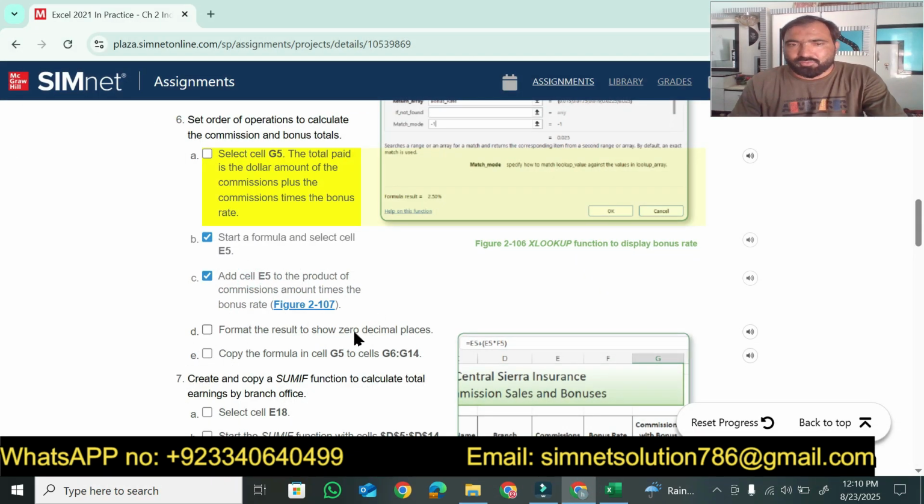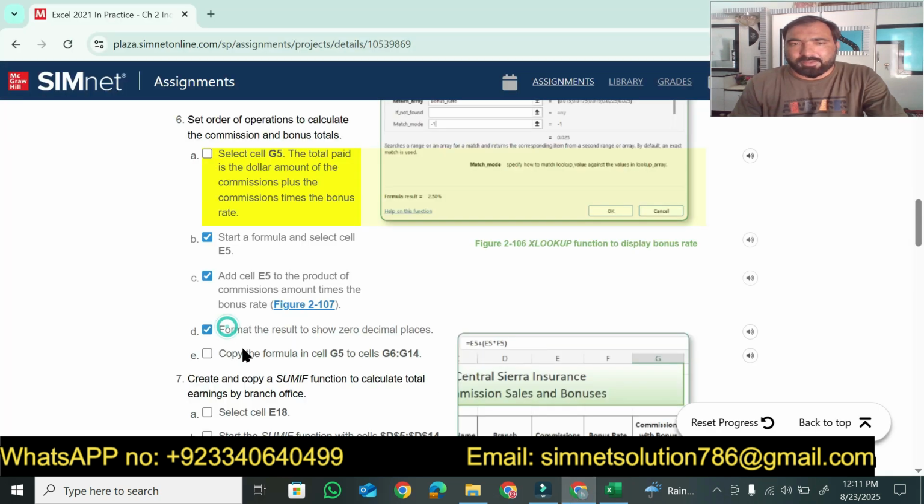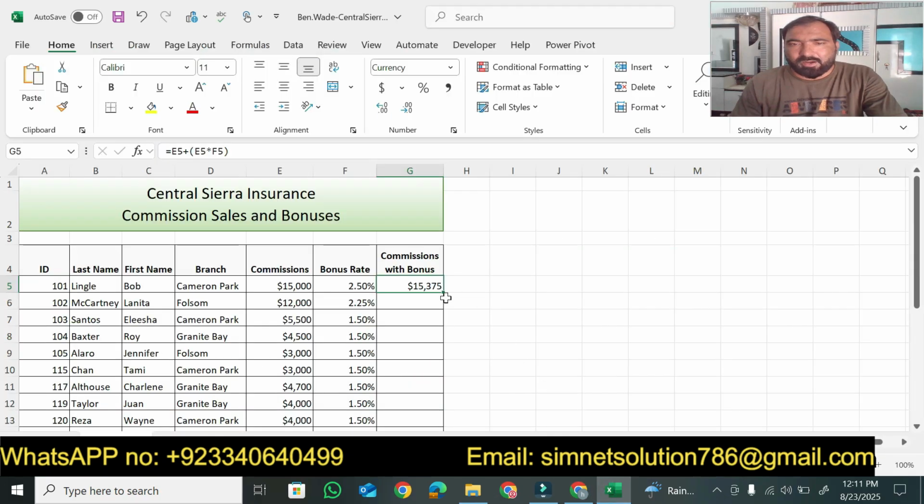After that, format the result to show 0 decimal places. Okay. Now we have to decrease the decimal place to 0. Then copy the formula G5 to G14. Now we have to double click on this formula, so that it will automatically fill. So question number